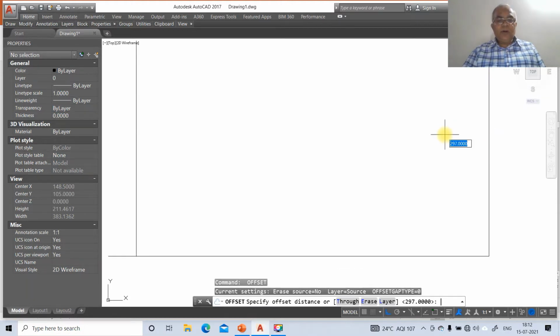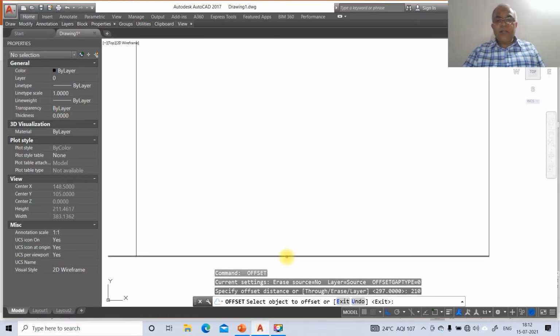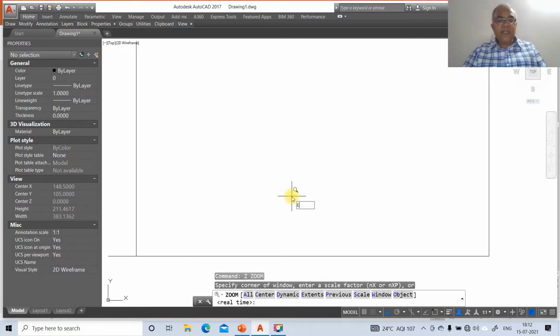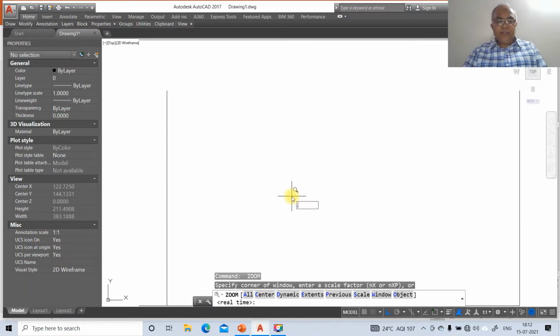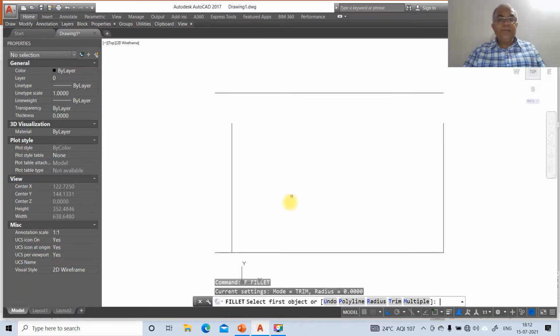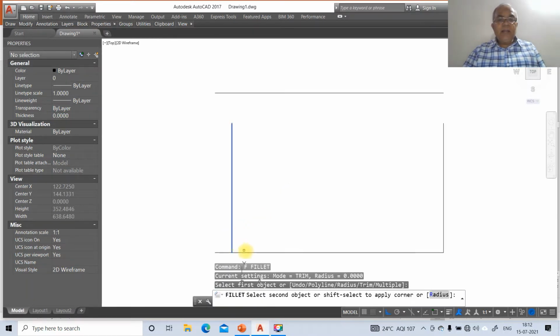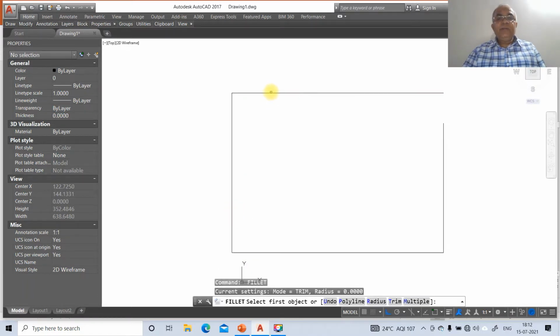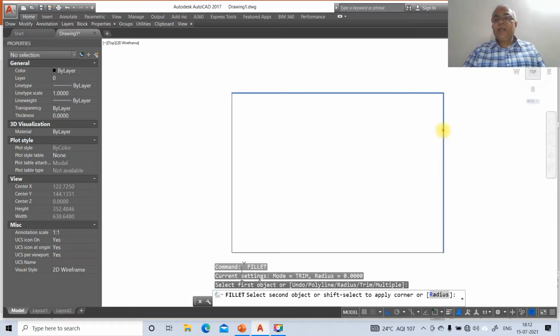Then again go to offset, take the distance as 210, select the horizontal line and offset it to the top side. Then go to zoom extents and zoom 0.6x. Then use fillet between this line and this line, between this vertical line and this horizontal line, and between this horizontal line and this vertical line.